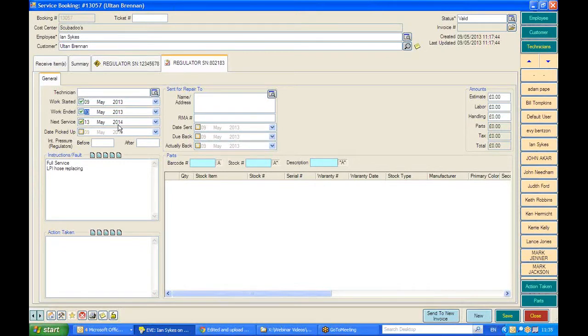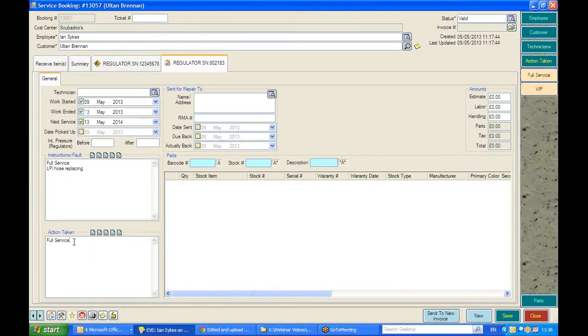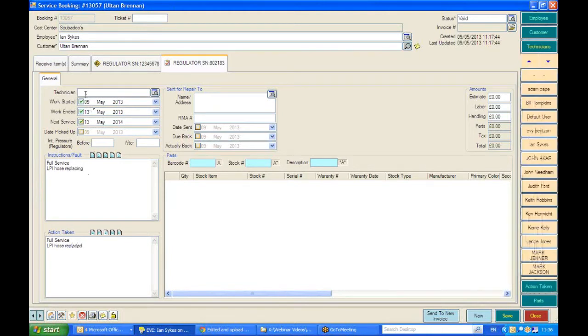We'll be able to use that for reminding our customers of when services are due in the future. Down here, in a similar way to the instructions fault that we used when the item was being checked in, we can indicate by using these notes whether a service, full service for example, has been done. As before, you can edit these notes by right-clicking for later use. You also have full free text abilities. So I'm noting here the fact that, as per the customer's request, we have replaced the low-pressure inflator hose. I can enter in the service technician's name here,